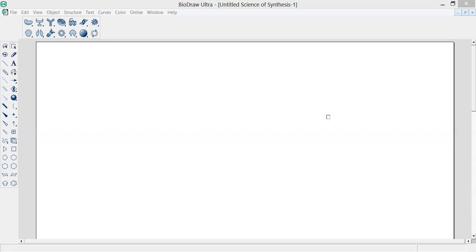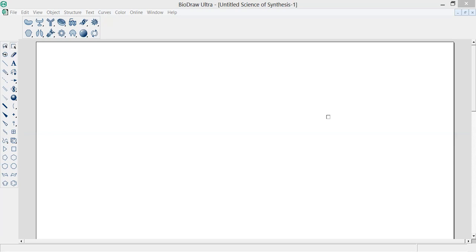These are the three software programs utilized to draw the chemical structure, to draw the structure of drug intermediates, metabolites, metabolic pathways, biological systems, graphical presentation of biological systems, and many other metabolites or phytochemical pathways, chemical reactions. Now today we will see how to draw the chemical structure by using the software BioDraw.